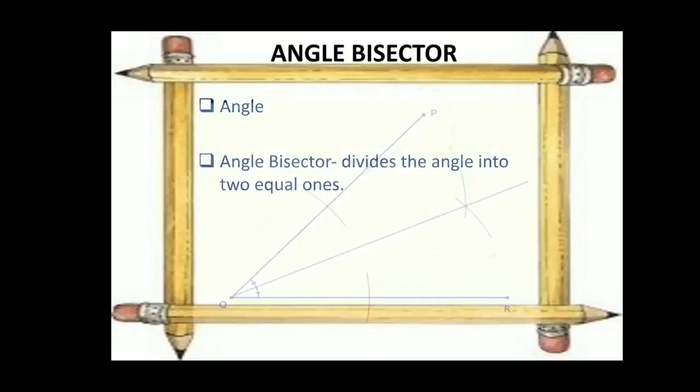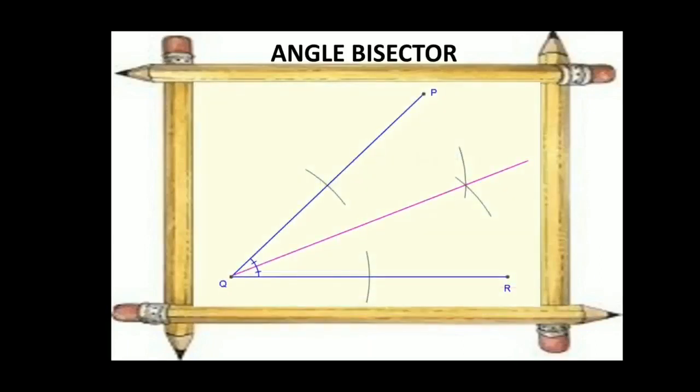So now I will show you the picture. See here, PQR, the blue line is the angle, and the pink line which is coming over there is the bisector. That means the angle between PQ and the pink line is equal to the angle between the pink line and QR. You can see they have marked 2 small dashes on the corner of Q. Near Q you can see there. That means the 2 parts are equal. That means the angle bisector is the line which divides an angle into 2 equal parts.